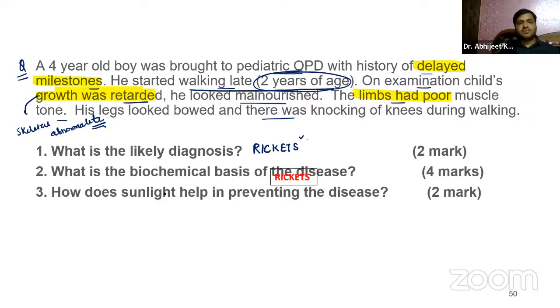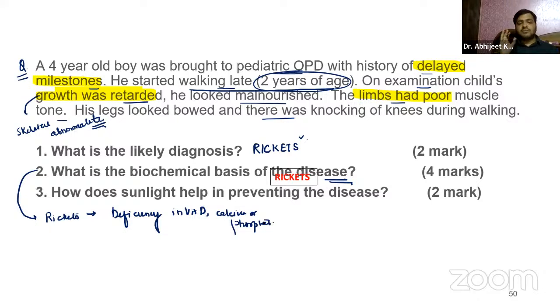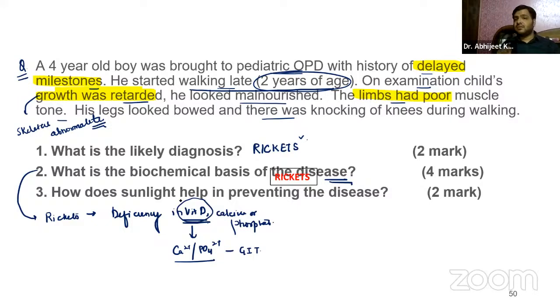And the second question is, what is the biochemical basis of this disease? Now, you already know rickets is caused by a deficiency in vitamin D, calcium or phosphate, right? The biochemical basis basically includes vitamin D deficiency. Now, vitamin D is basically responsible, guys, for the absorption of calcium and phosphate from the gastrointestinal tract. You already know vitamin D is responsible for the absorption of calcium and phosphate from the GIT,